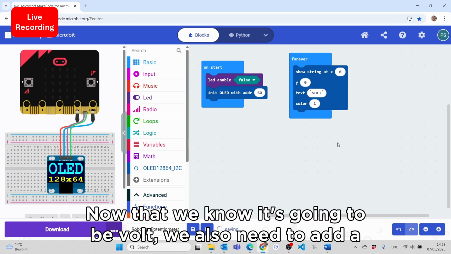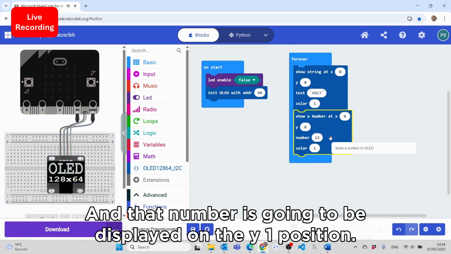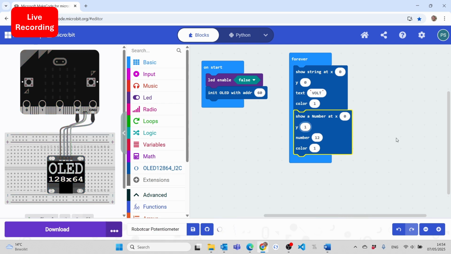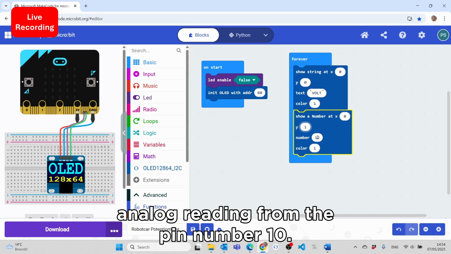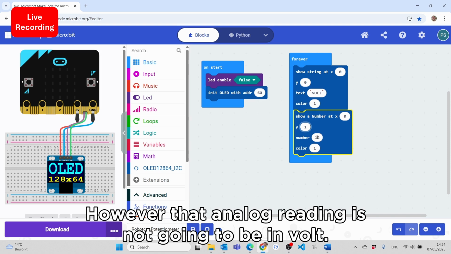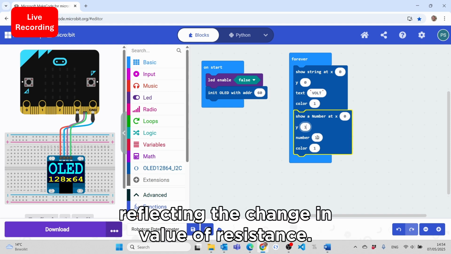Now that we know it's going to be volt, we also need to add a number to be displayed, and that number is going to be displayed on the Y1 position. The number that we are going to display is going to be the analog reading from the pin number 10. However, that analog reading is not going to be in volt. It is going to be a value between 0 and 1023, which is reflecting the change in the value of